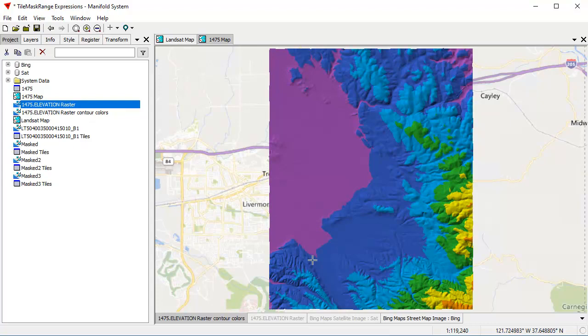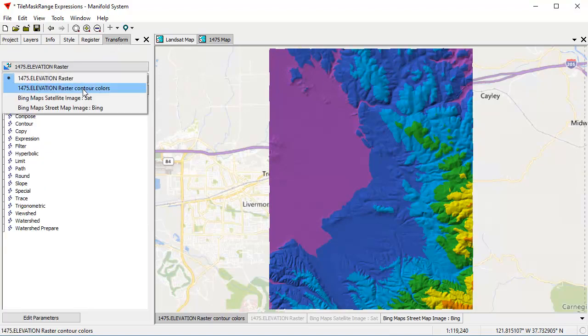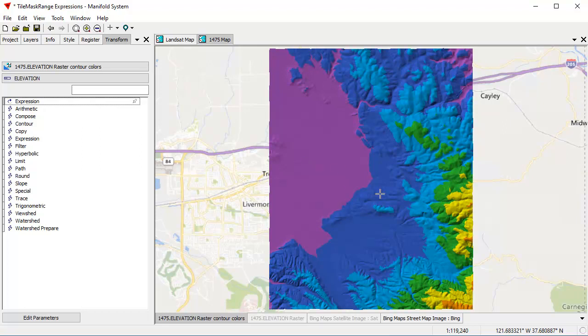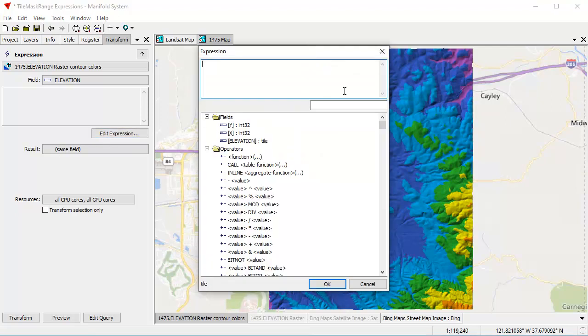Now, what we can do if we like, we can use the same technique that we used using the TileMaskRange to knock out as missing pixels things we don't want and create a series of new images with new tables which use portions of this image. And let's do that using the transform pane, using the elevation, and what we use the raster colors image, and I'll use the expression builder once again, and here we tile mask